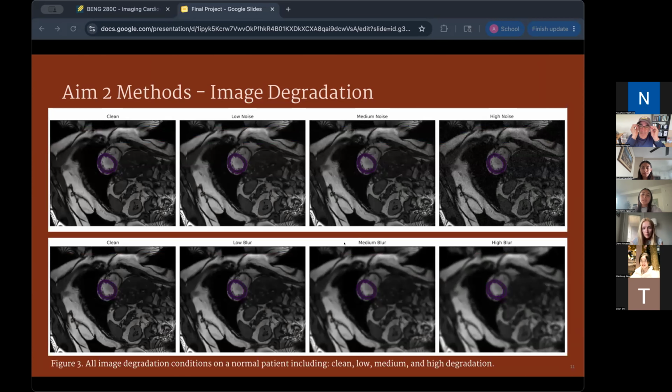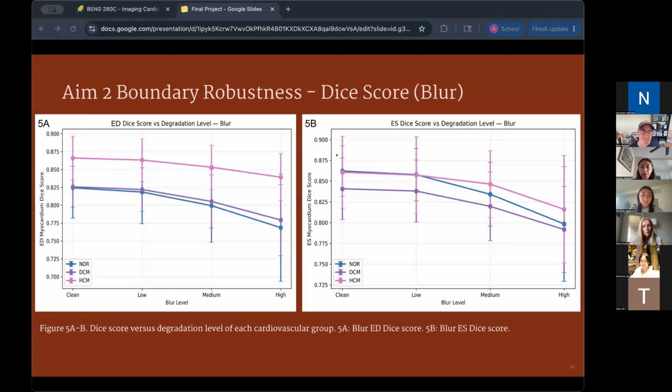This slide shows representative examples of increasing blur and noise levels for a normal, healthy patient. As degradation increases, anatomical boundaries become progressively harder to identify. Since segmentation algorithms rely heavily on boundary information, we expect segmentation performance to decrease as the image quality worsens. So to evaluate that, we calculated the dice score, and this measures the overlap between the predicted segmentation and the